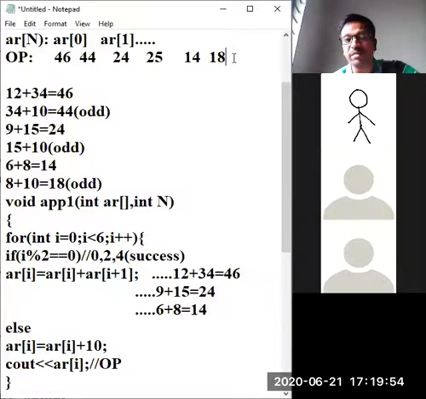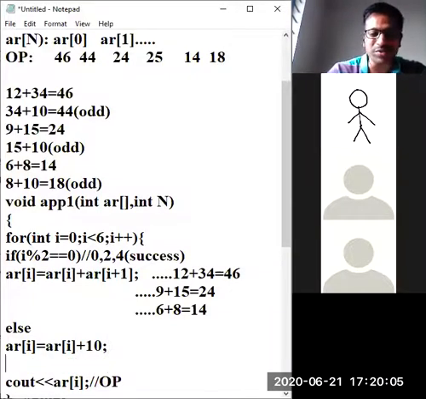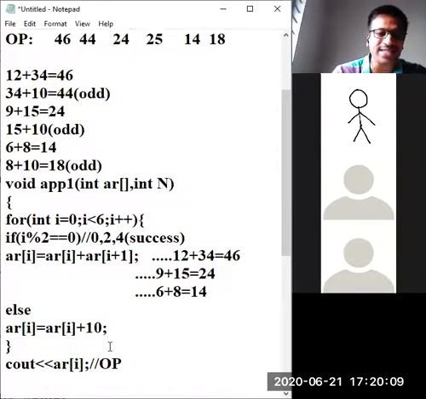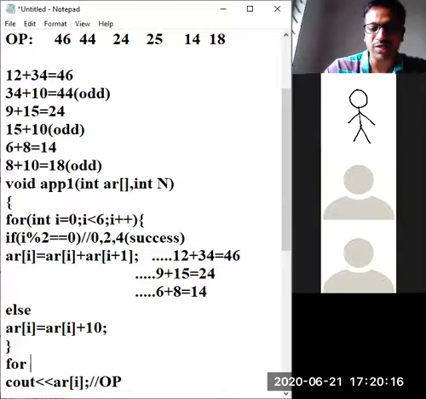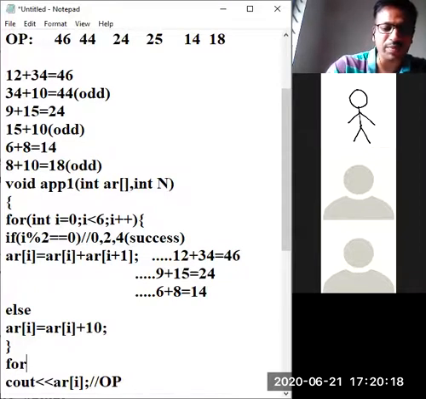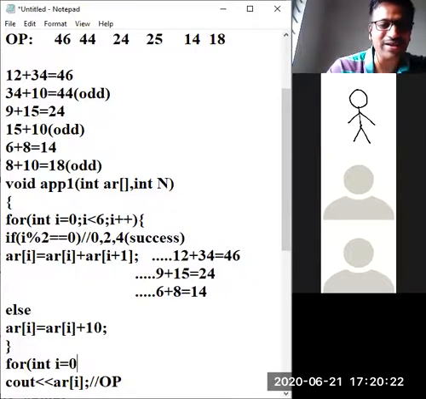Sir, is there no problem if we take the cout statement out of the bracket? See, if you want to take it out of the bracket, I know, Varun, you are going to make some mistakes here. If I leave you here, there is every chance for you to make a mistake. Again, copy and paste the for loop like this. Are you trying to understand what I am doing?